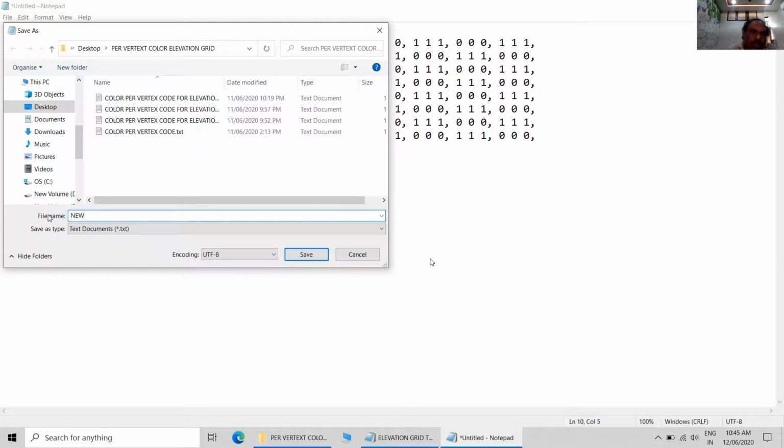Let us call it new colors for chessboard.